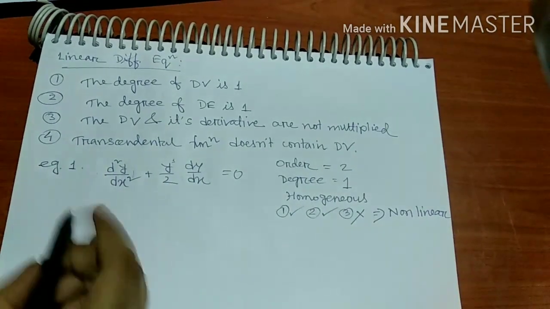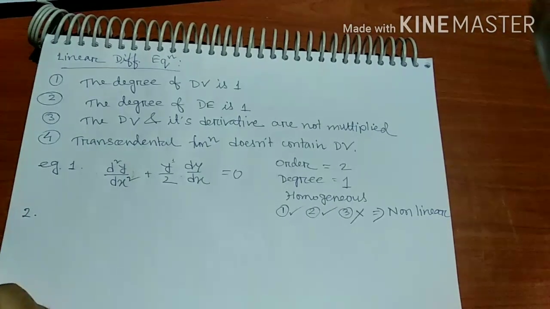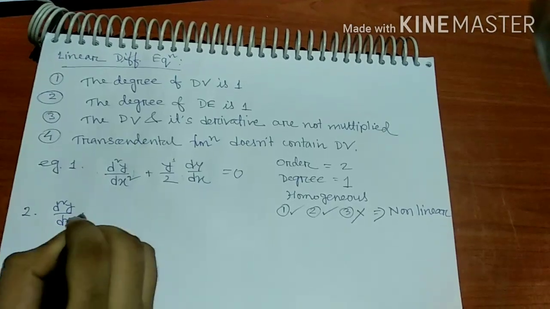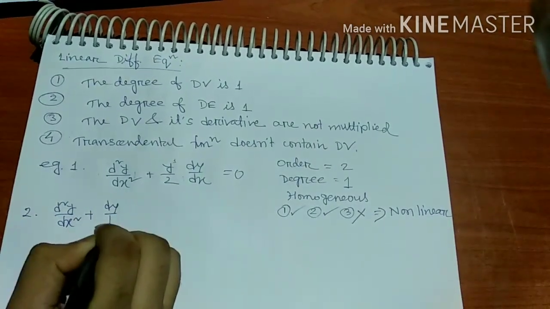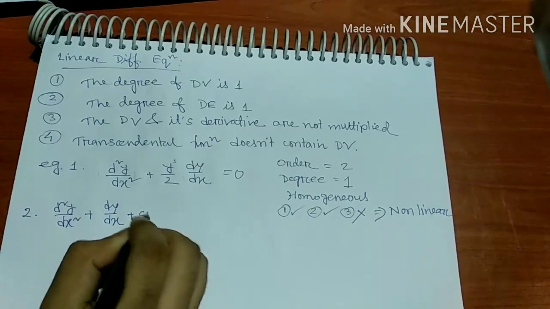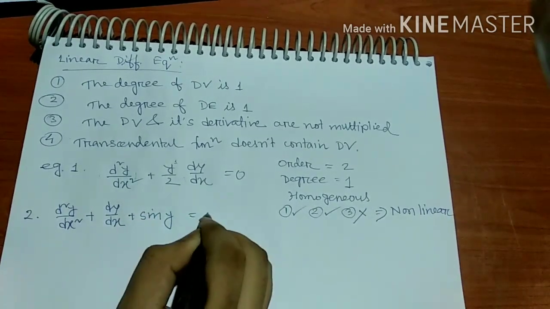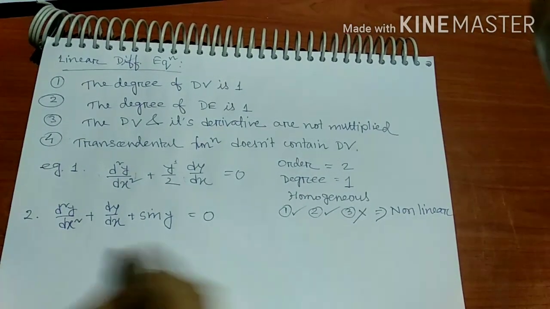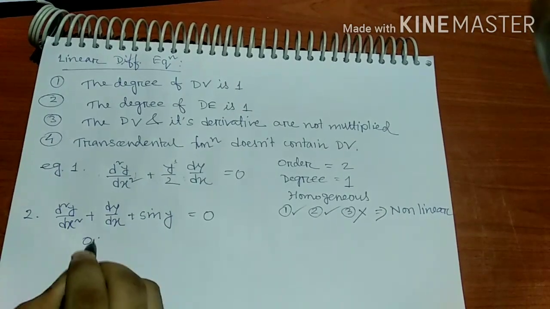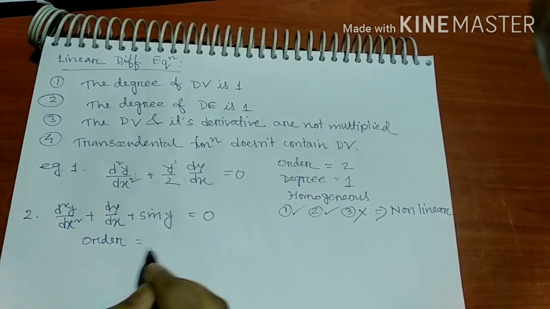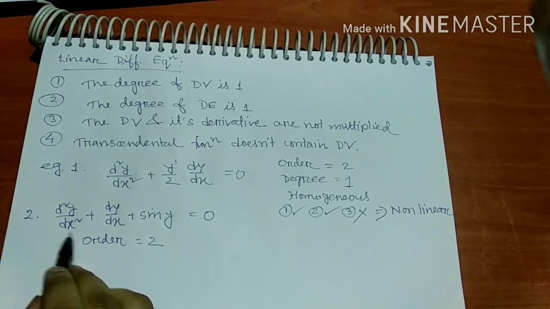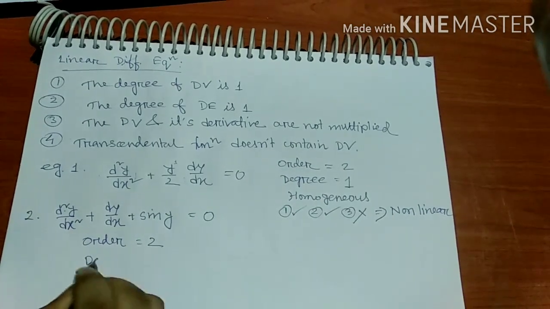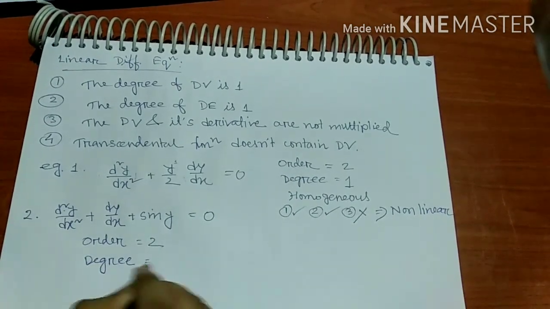Okay, so let me give you another example, number 2. Suppose d2y/dx square plus dy/dx plus sin y equal to 0. Here you can see the order will be simply 2. If you are not understanding, please watch my previous lecture. Order is 2. And degree will be 1,